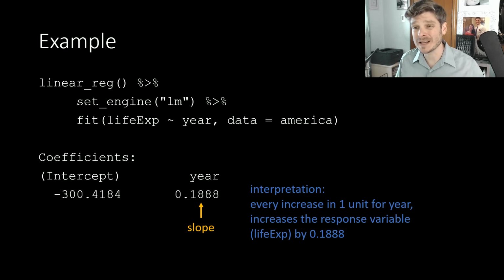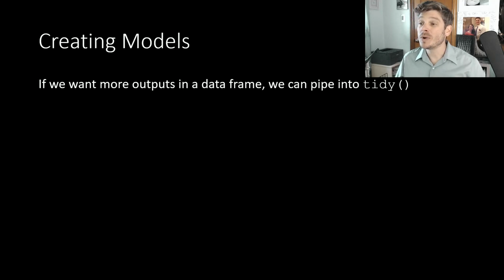So again, that's my slope. For every one unit increase in year, life expectancy is going to increase by 0.1888. So again, that's the way we're going to interpret that. Now, if you want to create more outputs and get a little bit more data about your model, we can